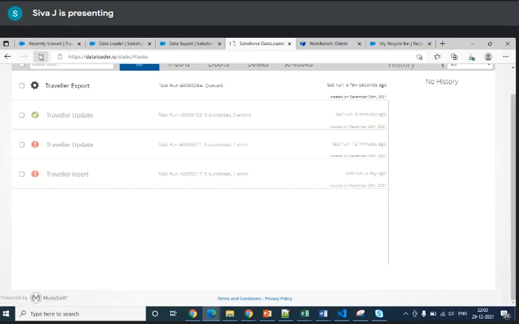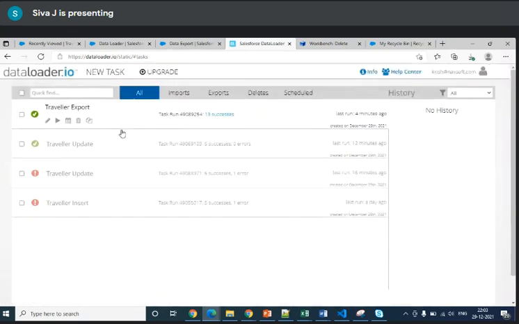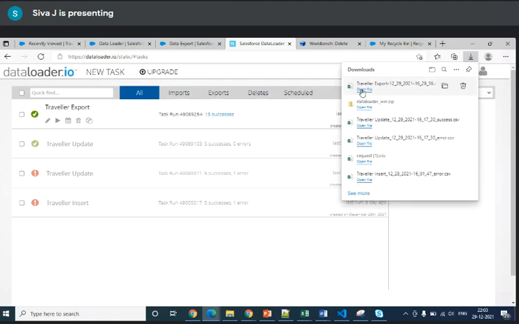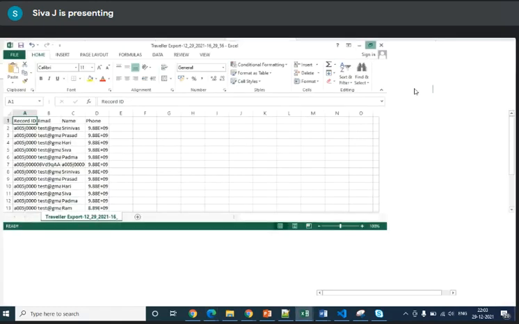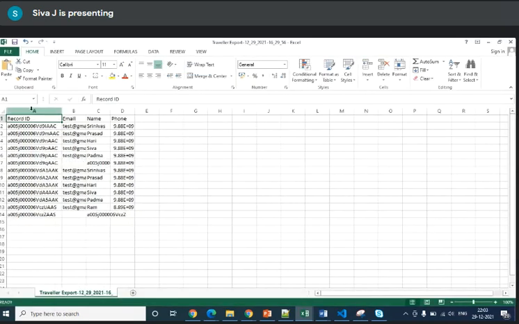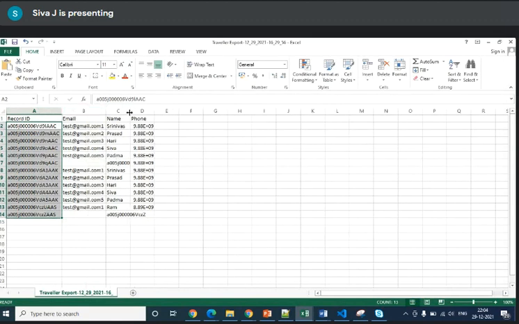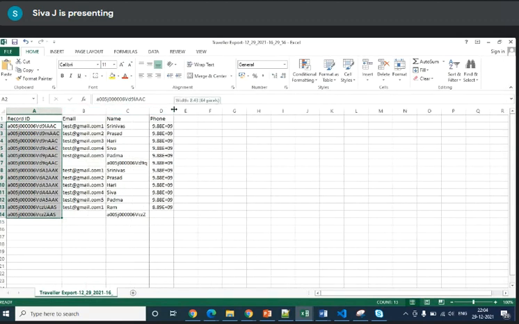This is the one disadvantage of the web-based one. It takes too much time. See here, your data is there, but it just keeps on loading. I just refresh it. Just open now. So like this, you can always get it. If you want to update something, just get it and try to do it. This is the way we can do it.